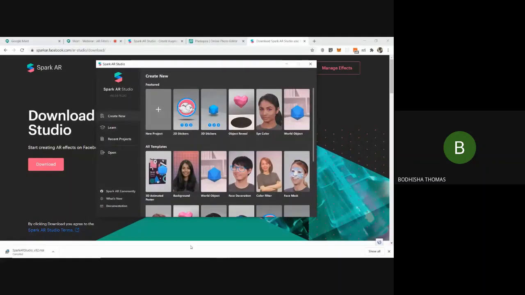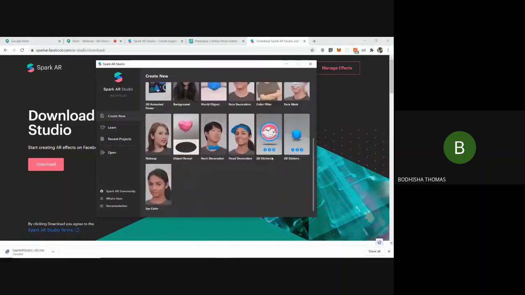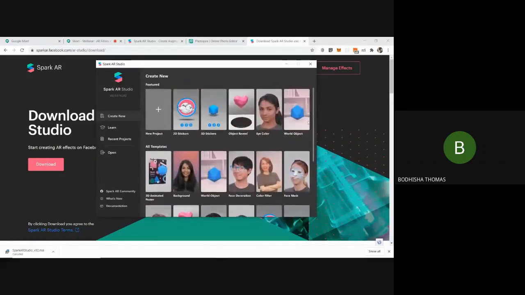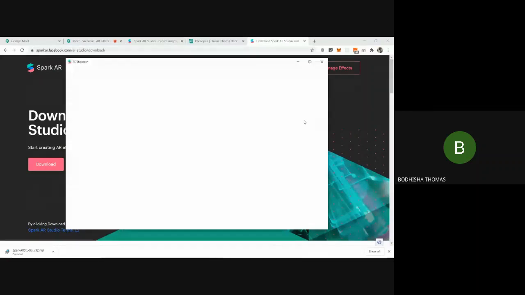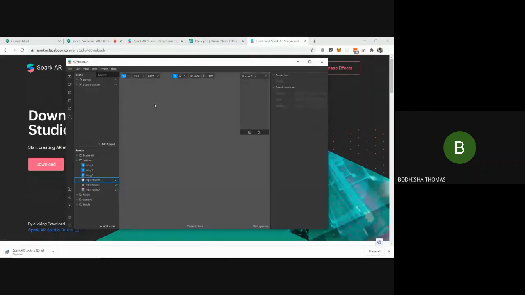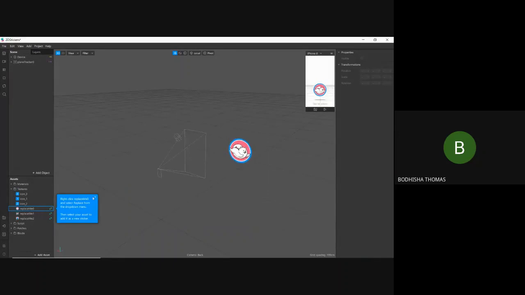So you can see, this is the opening interface of Spark AR Studio. You can see a number of built-in templates with which you can quickly start. For example, you can use any of these. If I click on any of these templates, you'll be taken to an interface where you can see a blue dialog box.